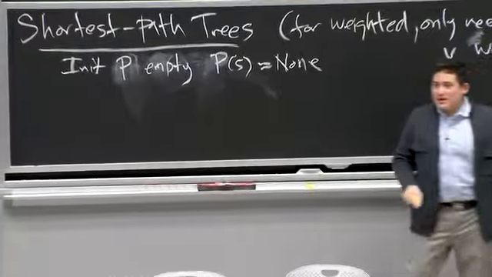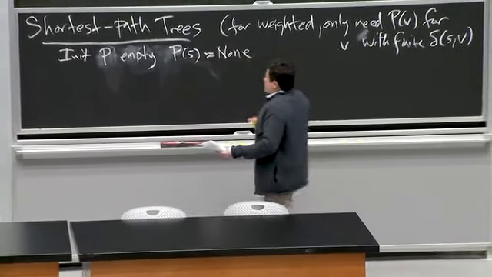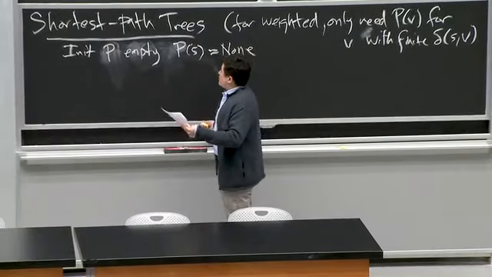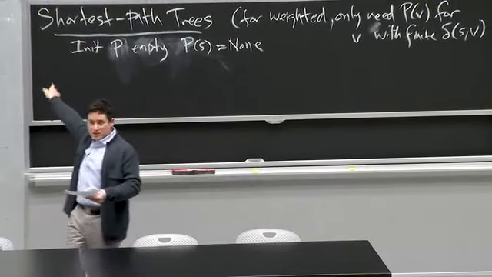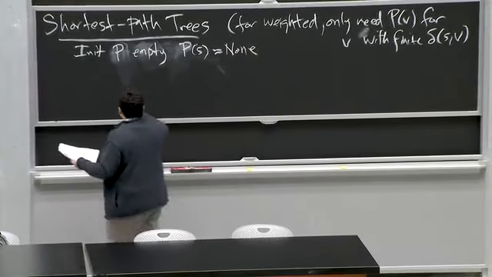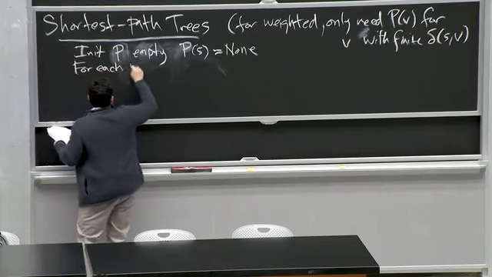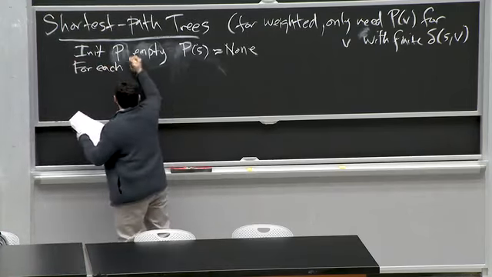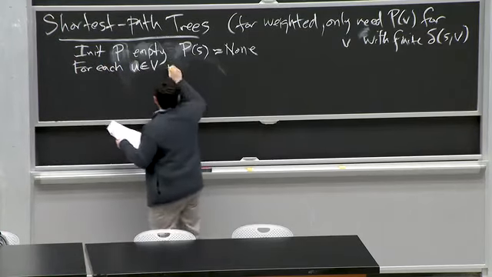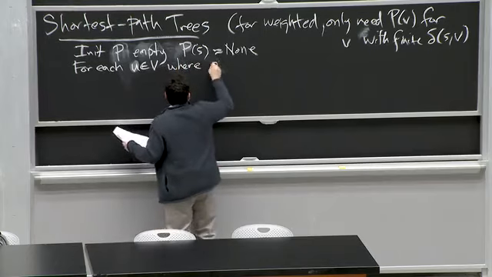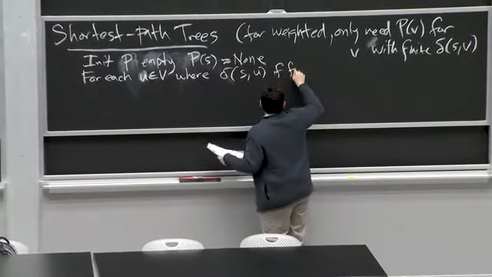So that's what we kind of did in breadth first search as well. Now, I'm trying to show that given all the shortest path distances, I can construct these parent pointers correctly. So what I'm going to do is for each vertex u in my graph, where my delta of s, u is finite,